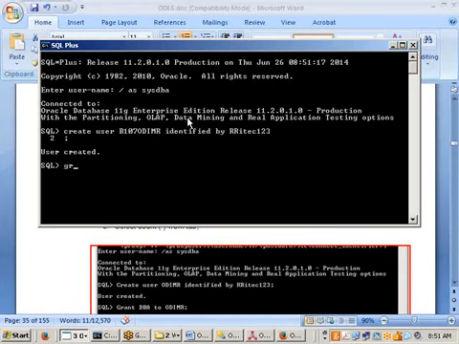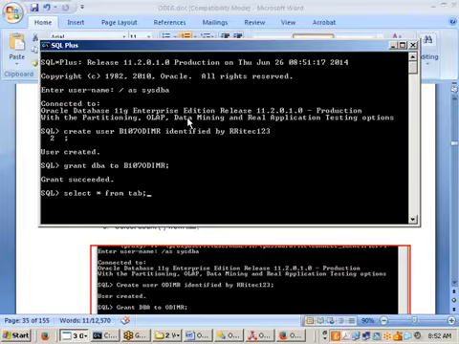Right. In the schema, I want to create some tables, right? For that I require some permissions. Strictly speaking, connect permission and resource permission is enough, but I am providing here grant DBA. So grant DBA to B107 ODI MR. Grant is succeeded, that's perfect. Then we need to connect to this one, otherwise we are executing from there. Yes. B107 ODI MR